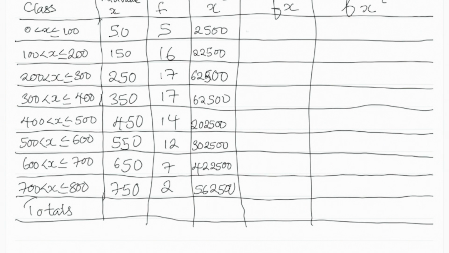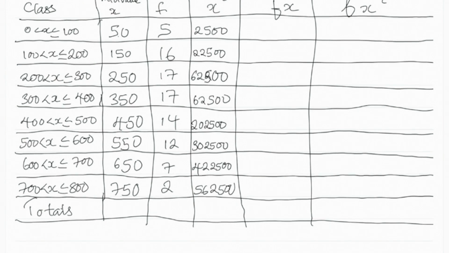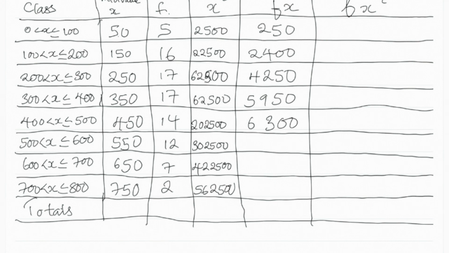And then fx, you multiply the f and x. Here you are going to have this f and the x. When you multiply, you are going to have 250. You are going to have 2,400. The power of calculator there is helping you. Then 4,250 and 5,950, 6,300 and 6,600 and